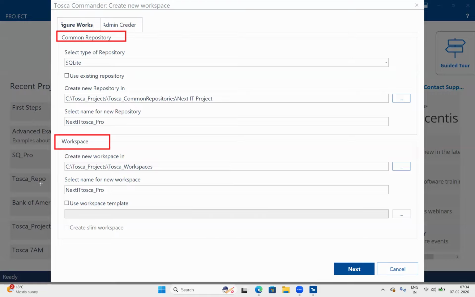Even we don't have this access in real time. Okay. And enabling or disabling the workspace template, can we not do that later? Yes, we can do this one later. If you forgot to select this option, we can do it later, because you are seeing a path here, Tosca project commander standard.tsu. We can directly import this from this particular path.